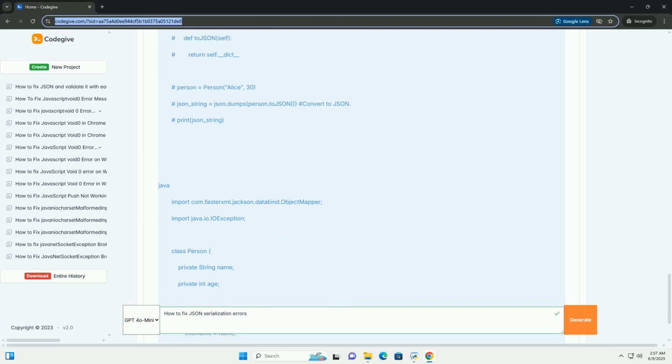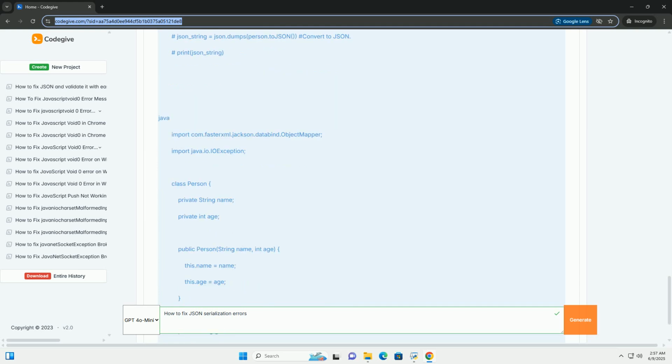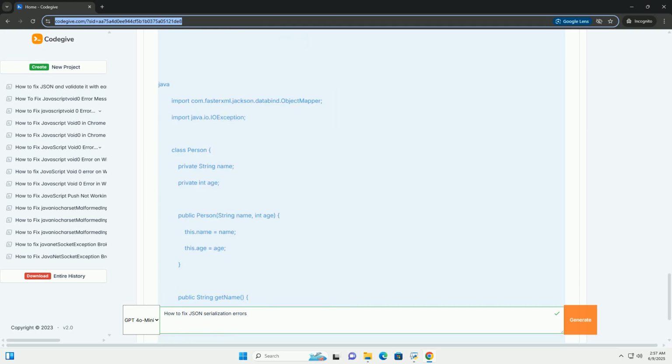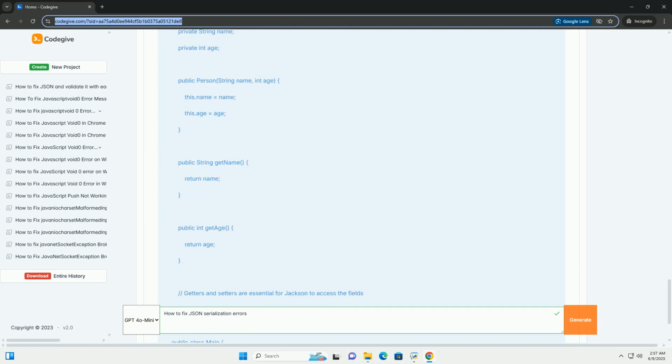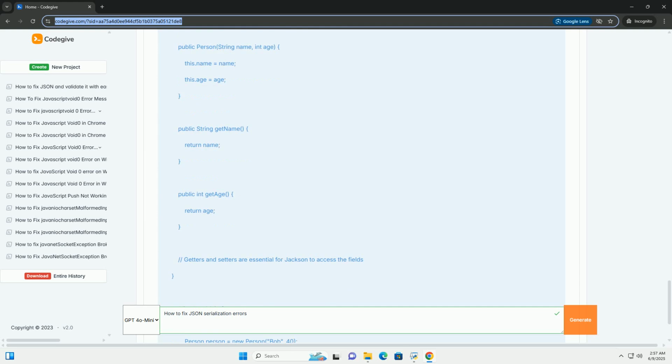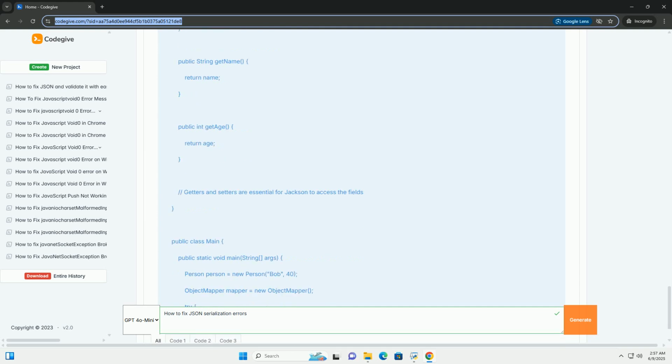Serialization, encoding: converting an object in your programming language, for example a Python dictionary, Java object, or JavaScript object, into a JSON string. This process prepares your data for